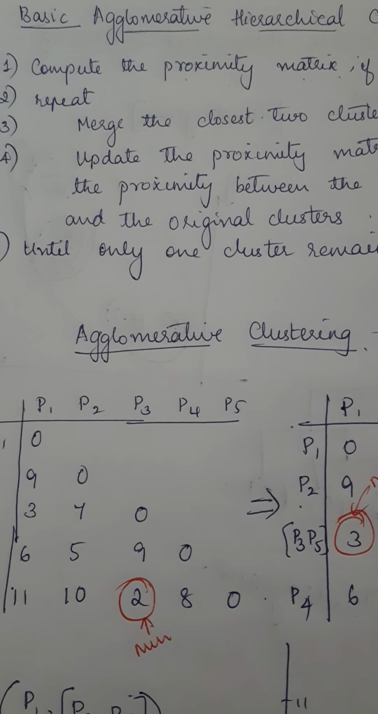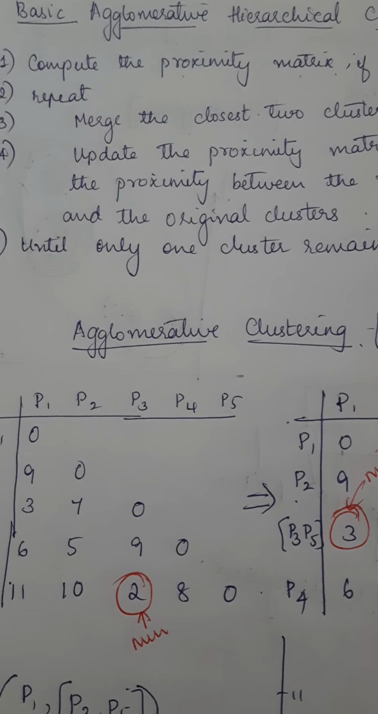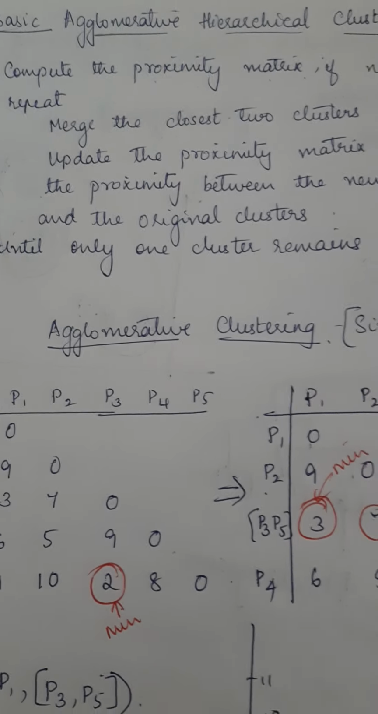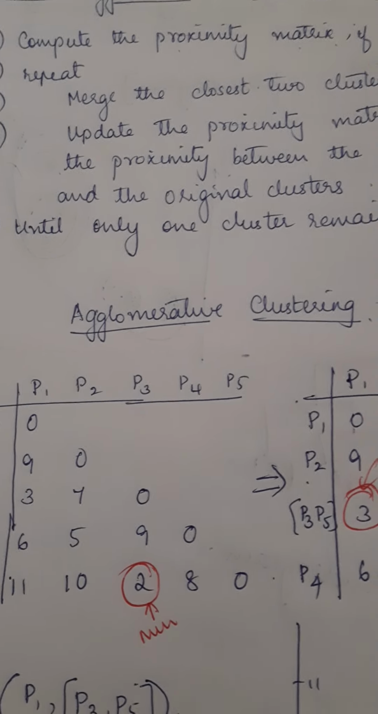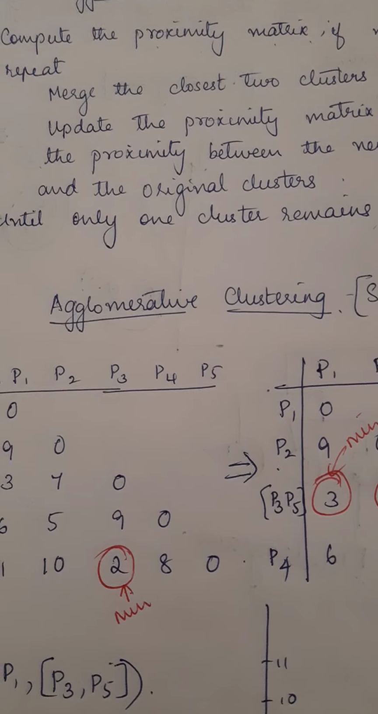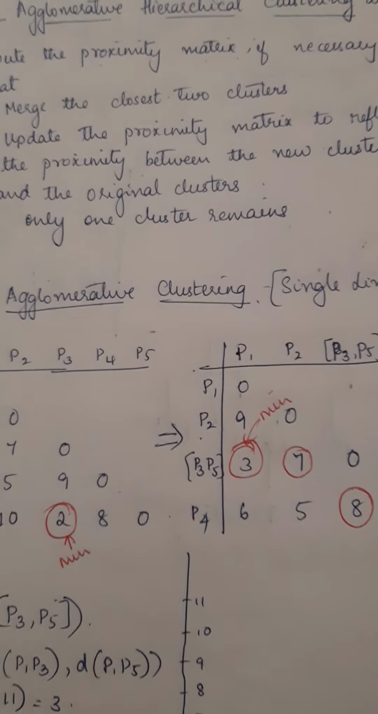So the proximity measure is the distance measure. It could be either the minimum distance or the maximum distance. Now you can see the